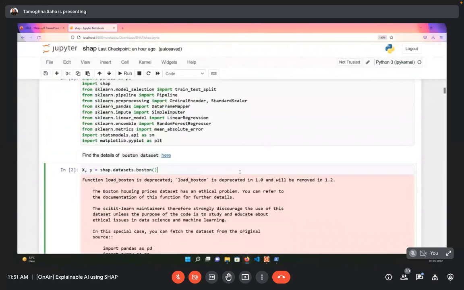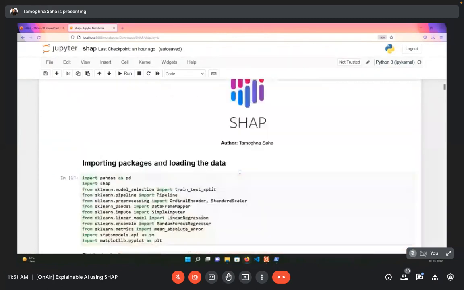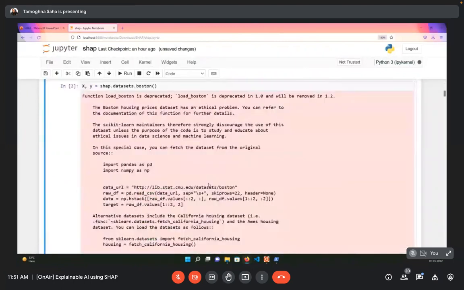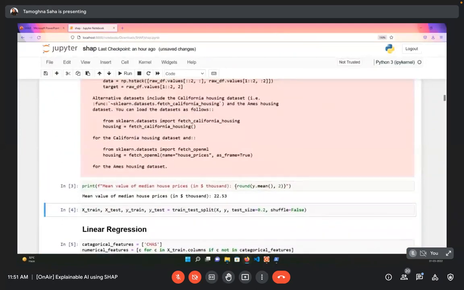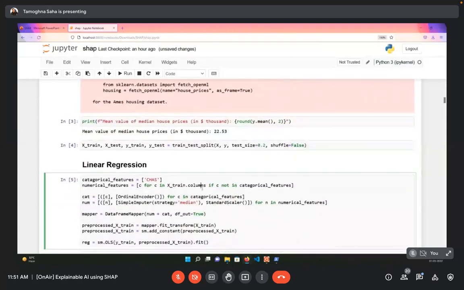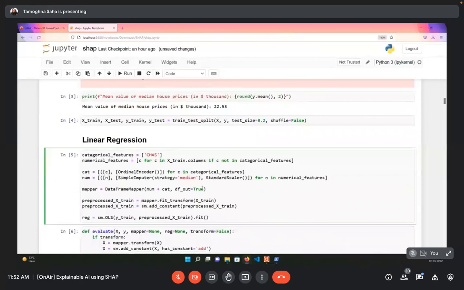Basically, we are taking the Boston dataset, and we know that it's ultimately predicting the price of a property in Boston depending upon a few features like age of the property, crime rate, area, and all of those extra pieces of information that you can think of. In this section, we are going to quickly check some functionality and how we reach that particular section. The mean value of the median house price in thousands of dollars is 22,000-something dollars. Once we take up the subsample, train and everything, first let's try a simple linear regression model on this.